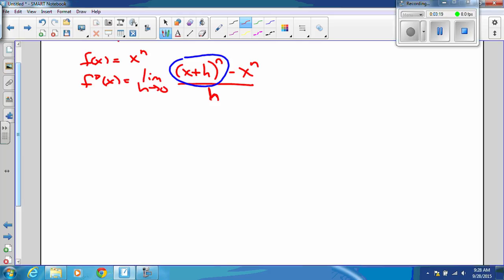We're going to expand x plus h to the n according to the binomial theorem. And here's what I claim. This is an algebra theorem, not really a calculus theorem. X plus h to the n can be written as,